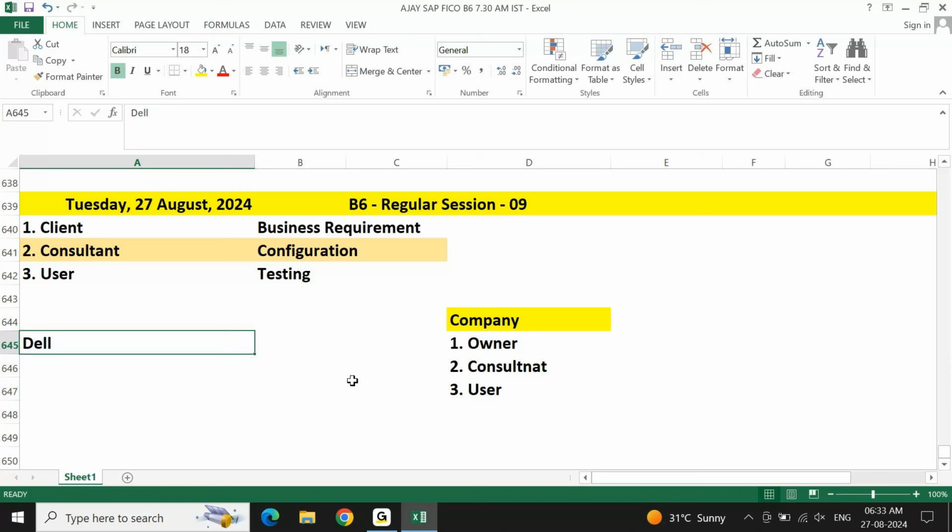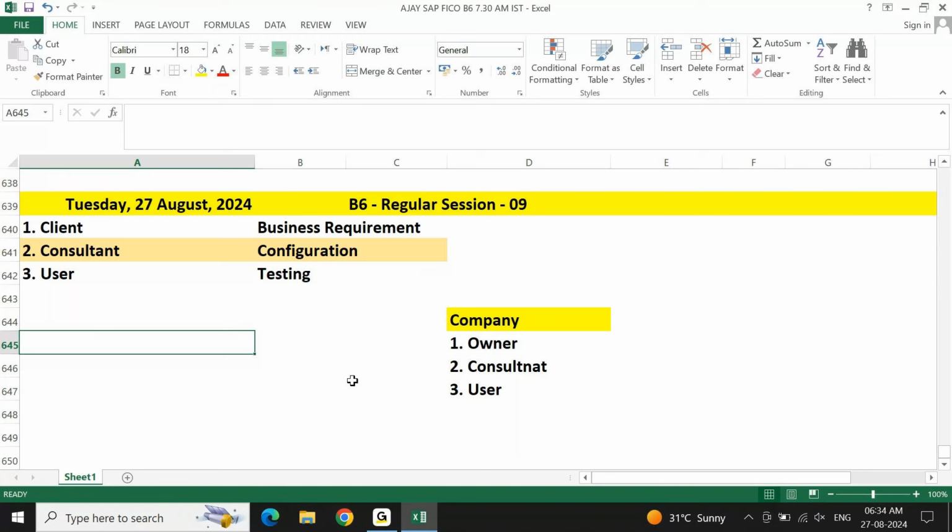Nowhere iPhone is coming, nowhere Dell laptop is coming, no profit center related to Dell product, no profit center related to Apple product. Meaning your company name and then the configuration that you are doing, entries that you are posting are nowhere relevant. When I say they are nowhere relevant, then it's of no use how you are practicing this system. So these kinds of mistakes we need to avoid right from the beginning. When you're avoiding these mistakes right from the beginning, going forward, slowly you will be feeling more comfortable, more confident on the business process, on the business requirement.